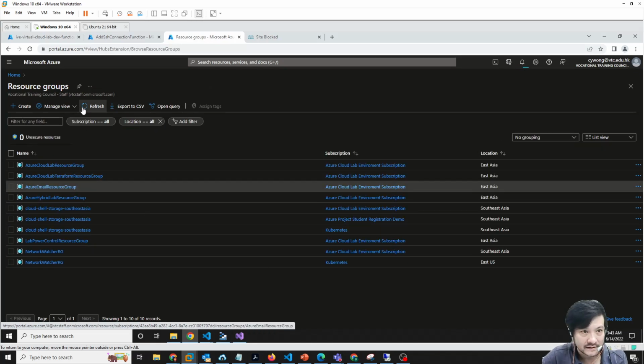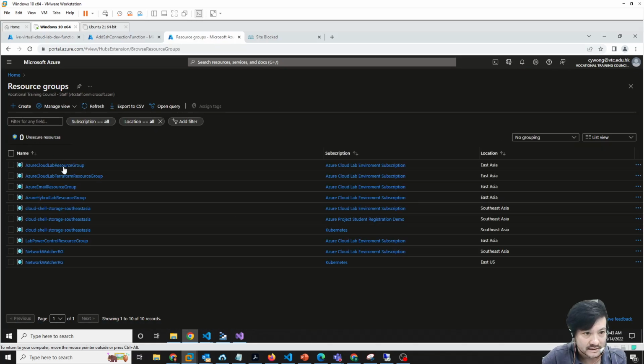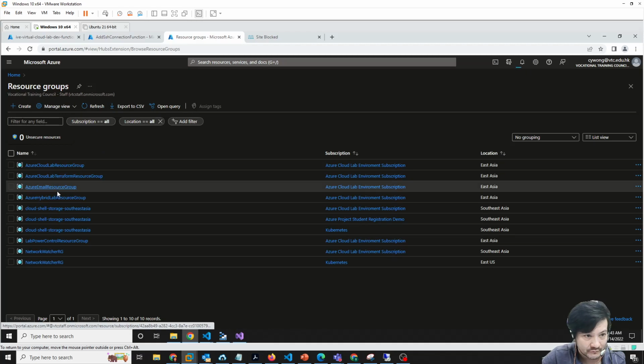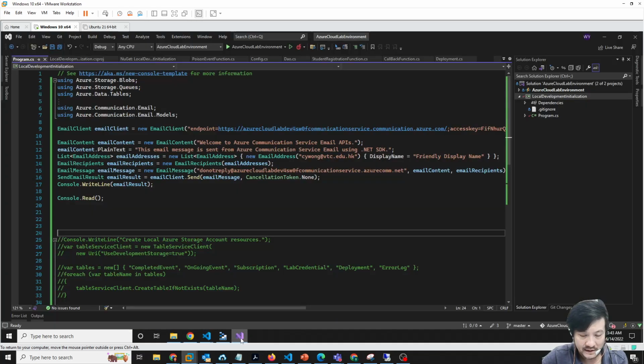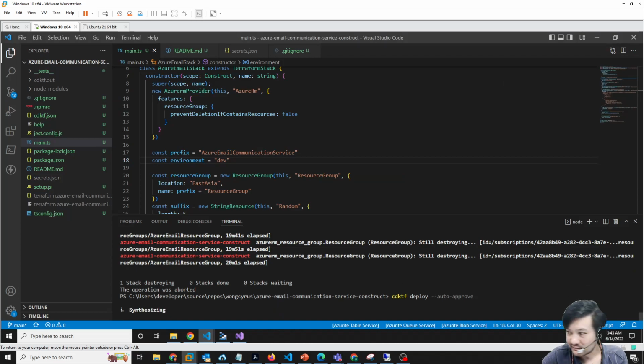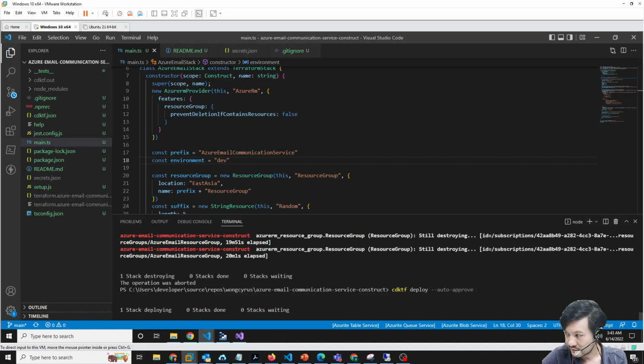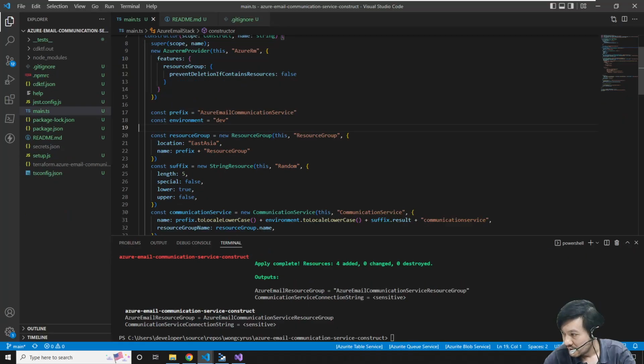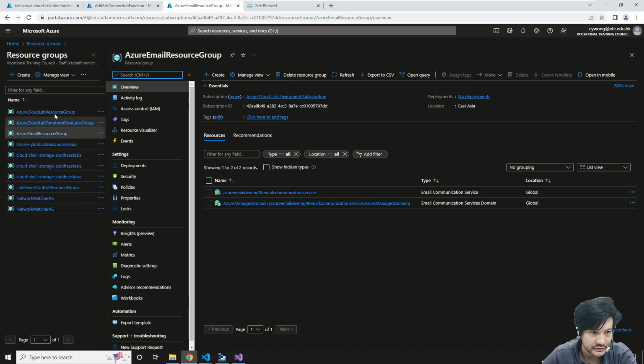Okay, let's leave it here. I am running Terraform now, and it should take some time to synthesize the template and create the resources. Let me hold the video first. Okay, the stack has been created, and now I need to configure the communication service and